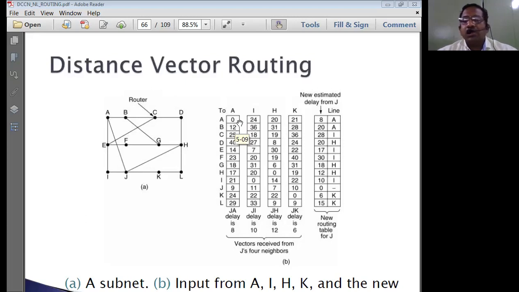Usually router A doesn't transmit to router A, so obviously it is 0. Router A wants to transmit to B, so for this it has prepared a value. That means it is totally a dynamic kind of thing. You can write any number, it doesn't matter. Any number that simply comes to your mind, you can simply write down.